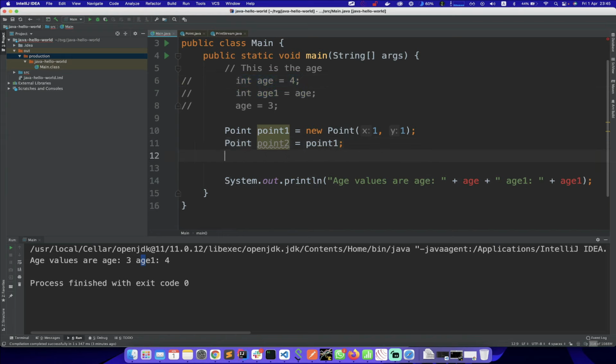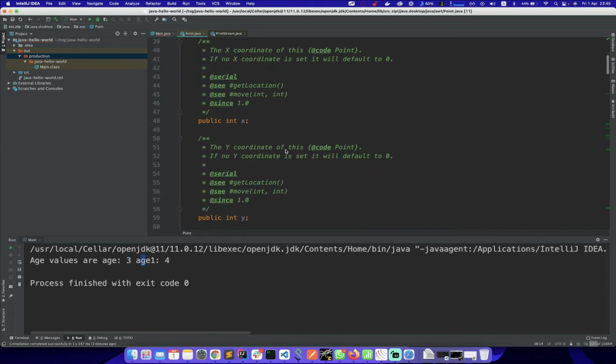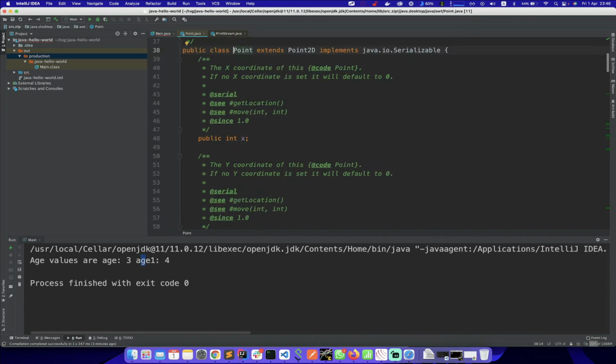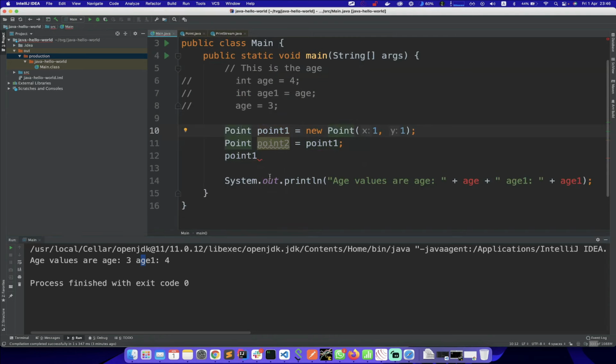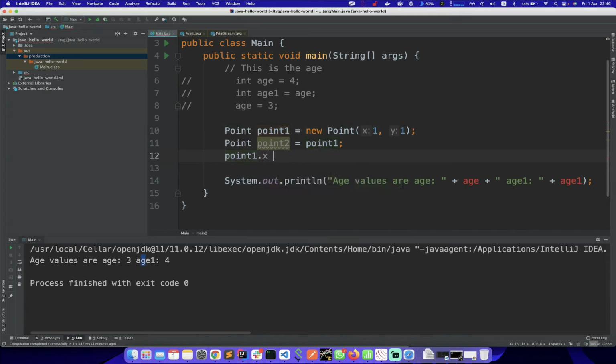But now, let's do point 1. And now, the class Point has two parameters, or two members, which are x and y, okay? And what we are going to do is change this parameter on point 1. So point 1 dot x will be equal to 2. Okay,